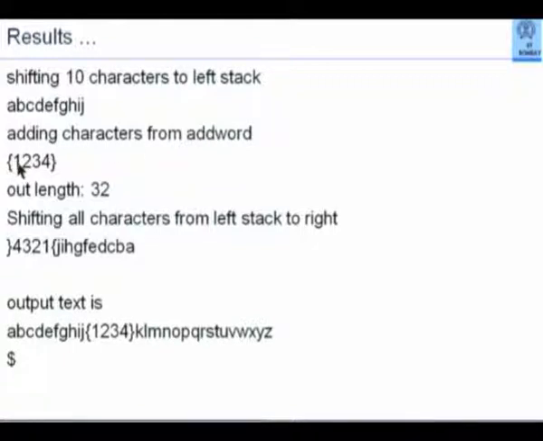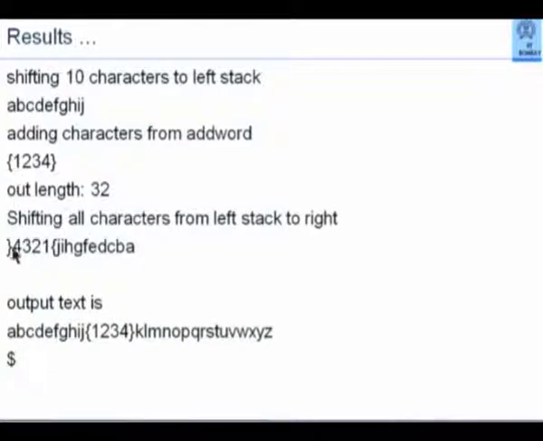Opening curly bracket, 1, 2, 3, 4, closing curly bracket. The out length is now 32, 26 plus 6. Shifting all characters from left stack to right. The right stack already contained A, B, C, D, E, F. What are the left stack characters? The top of the stack will be closing curly bracket. Remember, the characters go to the left stack in the reverse order.